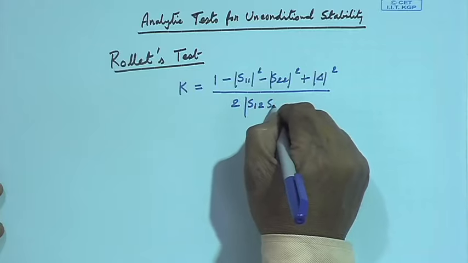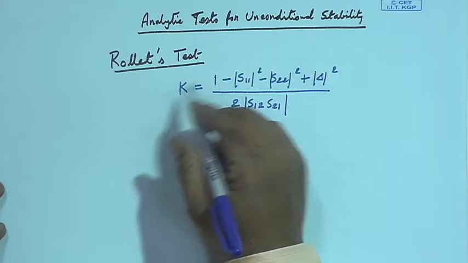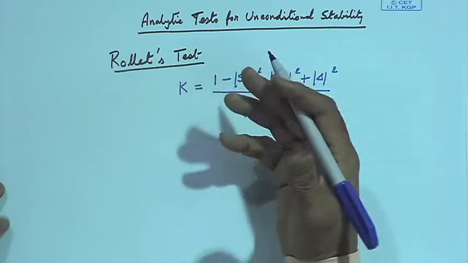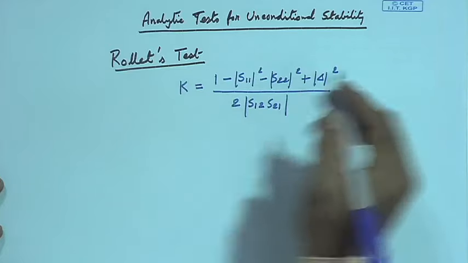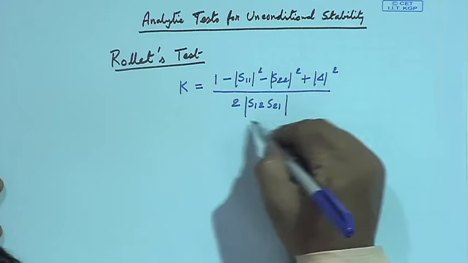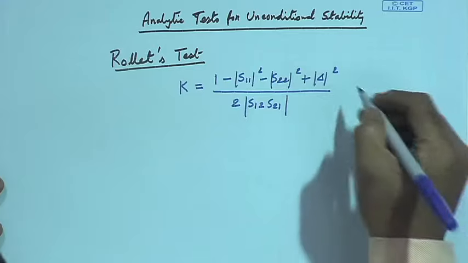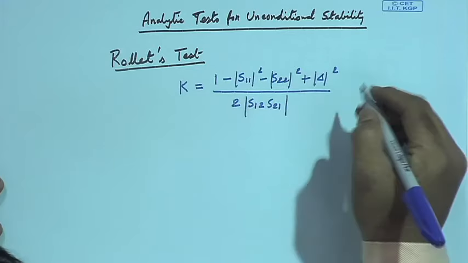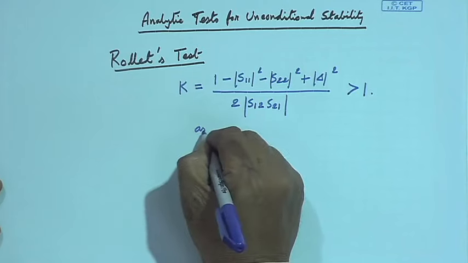Such a simple parameter, he proved it, it can be easily proved, and you can see it in books, but that is not so important for the design. You see everything here depends on S parameter values. So, you can find out K, and if this K is greater than 1 as well as